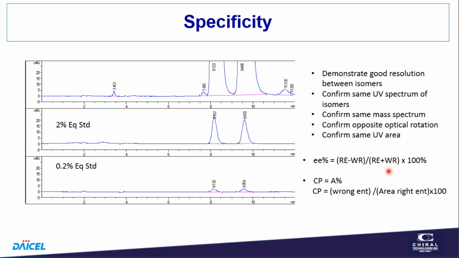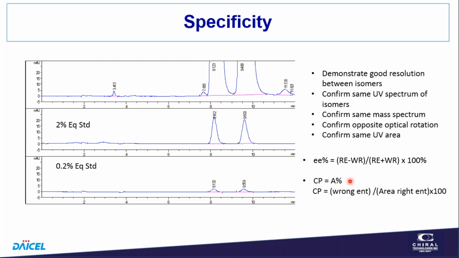And this comes from pre-chiral chromatography days, when the only way to measure the enantiomeric excess or the enantiomeric purity was to do an optical rotation based upon what you would expect the optical rotation to be. The wrong enantiomer gives an opposite response to the desired enantiomer, and it kind of cancels out. So how much rotation you get is just the difference between the two enantiomers. For a racemate, there's no optical rotation.